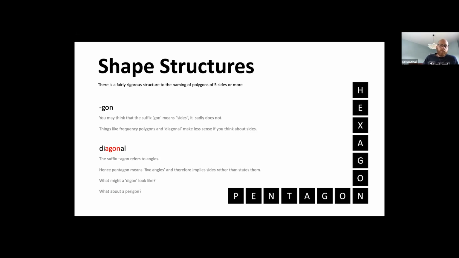We also have other mathematical words that we don't tend to use very much at all. Certainly not in sort of GCSE schooling and things, but we have a digon, which if you think about the naming of the shape system, if you just keep going backwards, you can probably figure out that digon is a two-angled shape, which is a degenerate shape because you can't actually really have one. So if you imagine two dots and join them with a straight line, we can call that a digon if you really want. And then we also have a perigon.